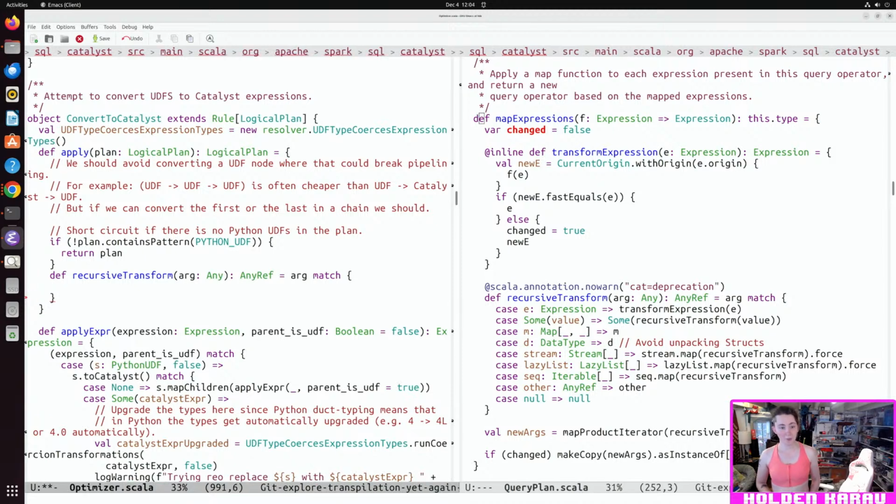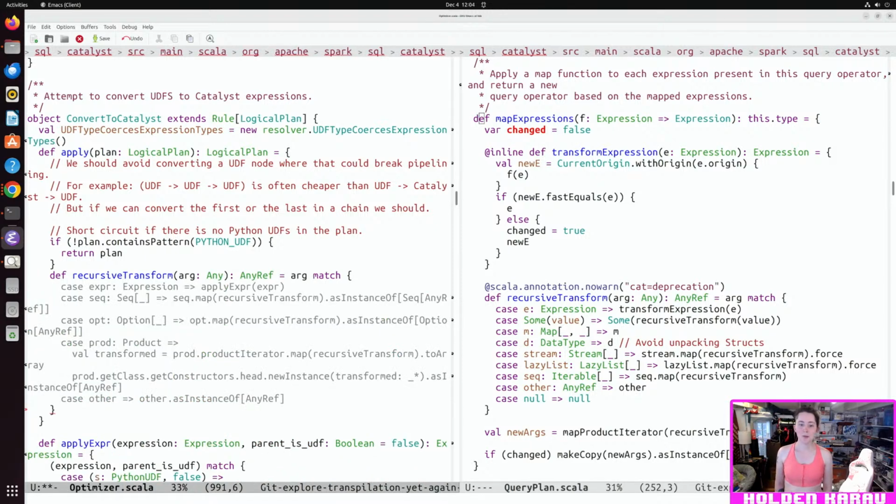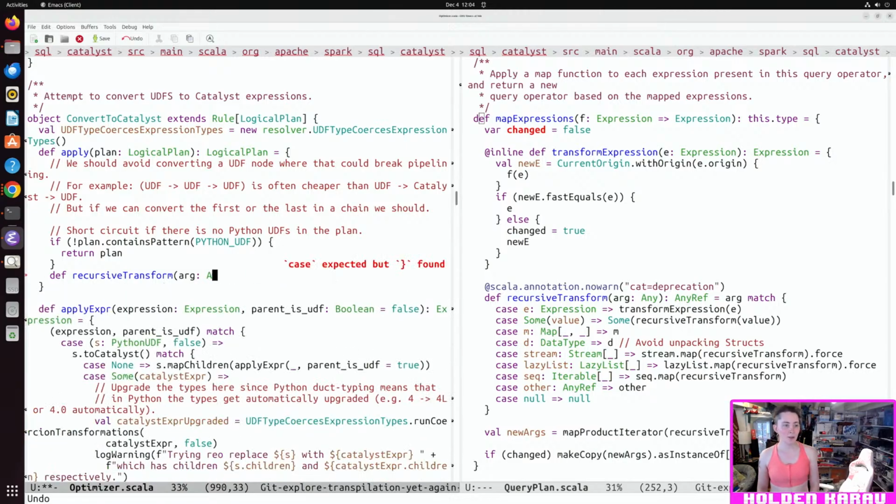So if it's an expression, do we? Oh, actually, maybe backup expressions is what we want. Actually, yeah. So here we go.